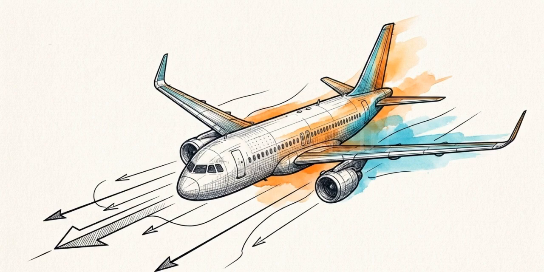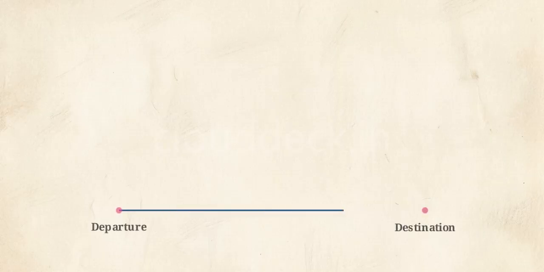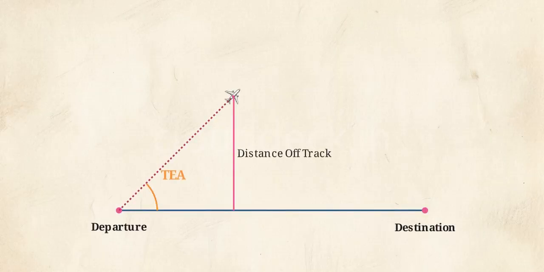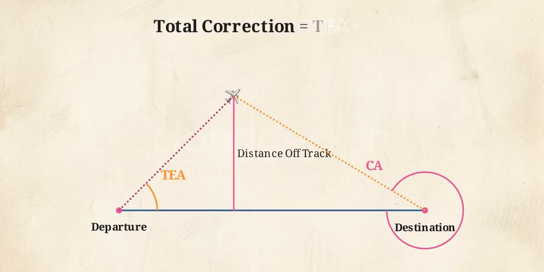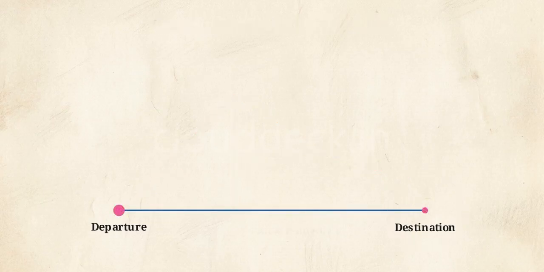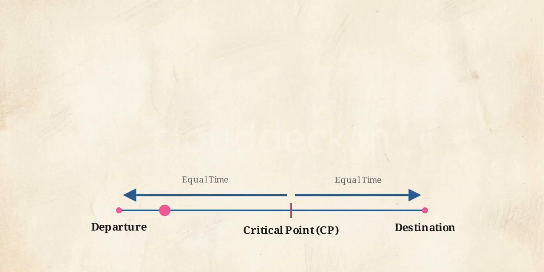requiring constant dead-reckoning navigation. Pilots manage this drift using the 1 in 60 rule, a mental geometry shortcut. By calculating their track error angle against their closing angle, they determine the exact degree of heading correction required to regain their line. This dead-reckoning math dictates hard survival limits, the critical point, where an engine failure demands exactly equal time to proceed or return, and the point of no return, the absolute maximum distance the aircraft can fly based